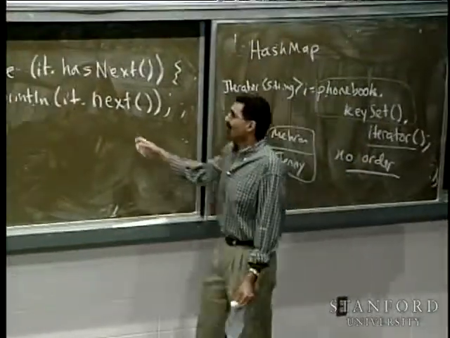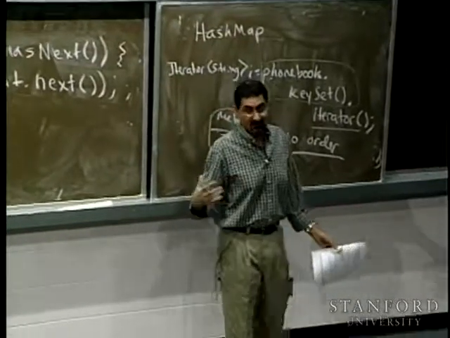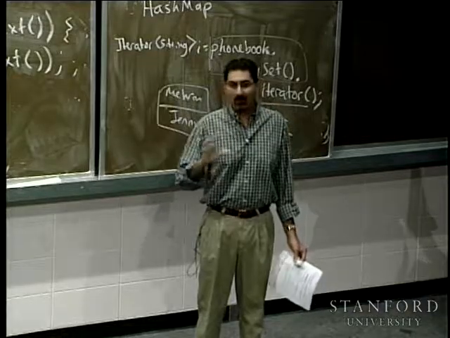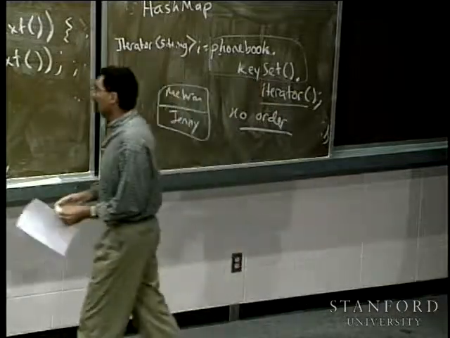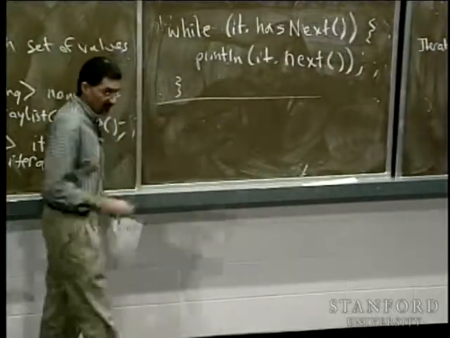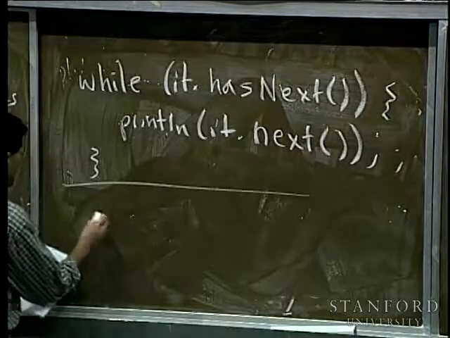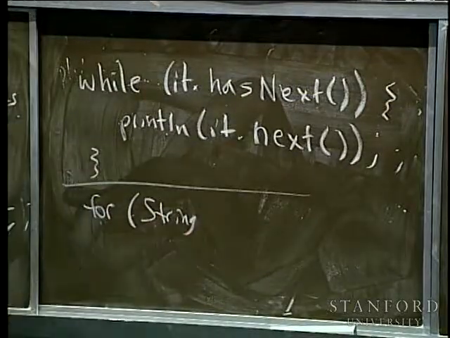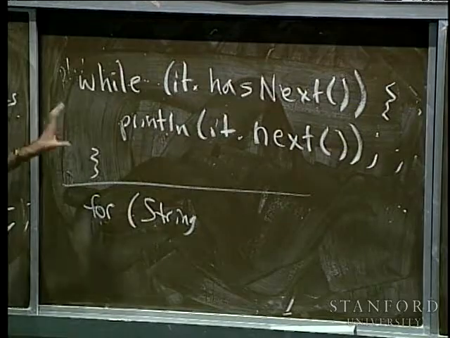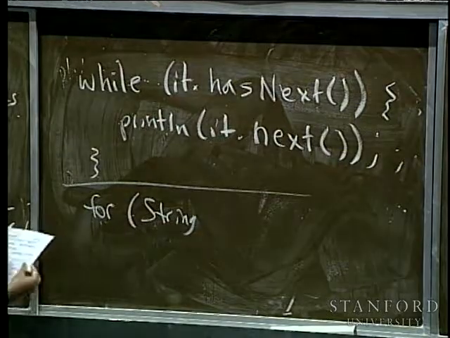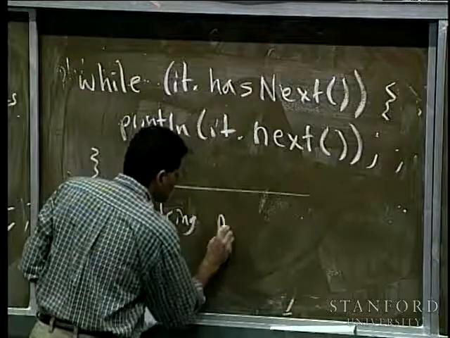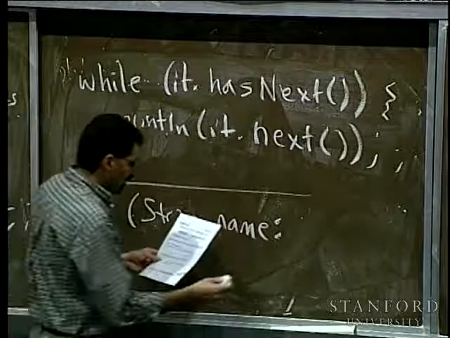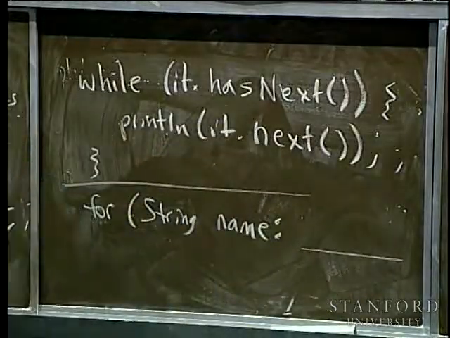And enough people yelled and screamed this over the years that the people who created Java 5.0 said, OK, we're actually going to give you a version of the for loop, which is totally different than what you've seen so far. So now you're old enough to see the new improved for loop. The way this new improved for loop looks is you say for, you specify the type of the thing that you're going to get as every element of the loop. So in this case, you would say something like string name. Then you give a colon, and then you specify over here the collection over which you would like an